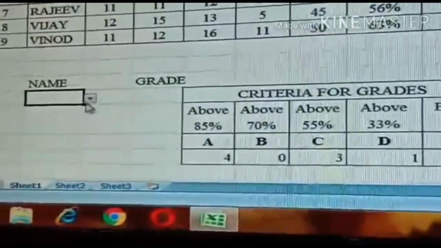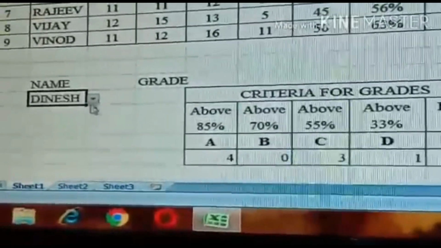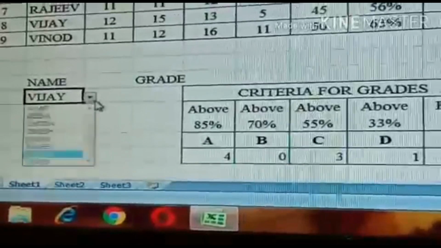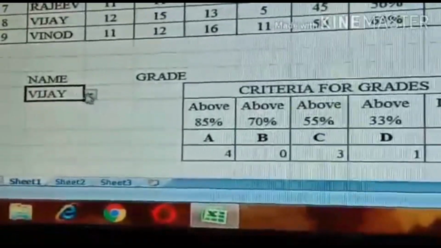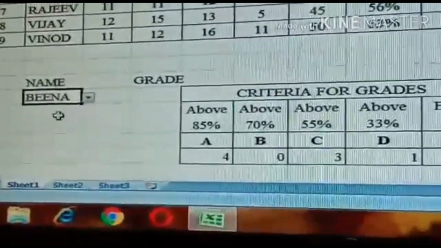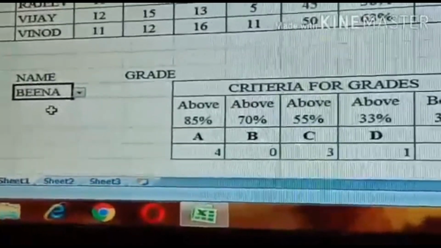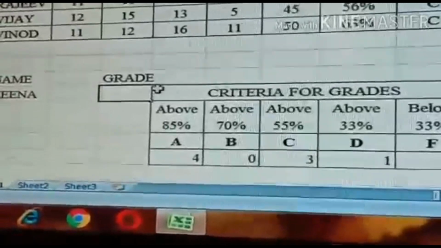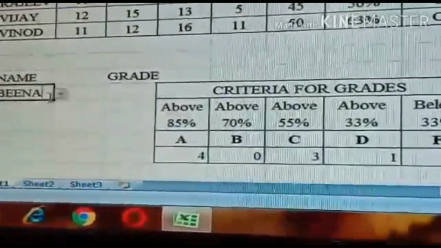You can see a list is created which has all the names. Now let us use the VLOOKUP command to find the respective grades of the students. First we go to the required cell and put the equal sign.